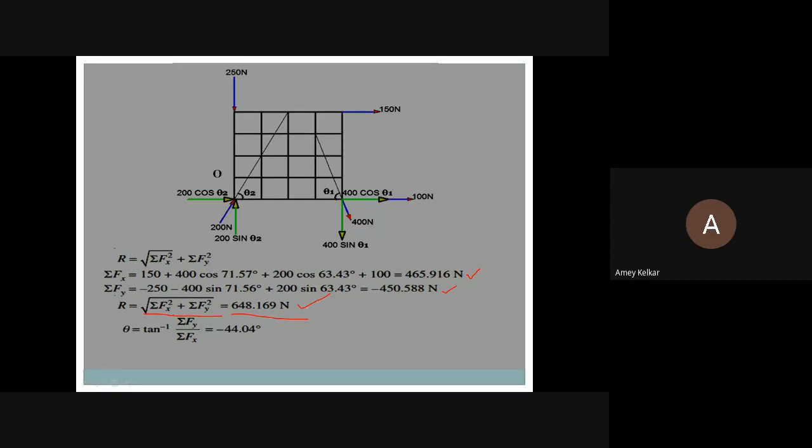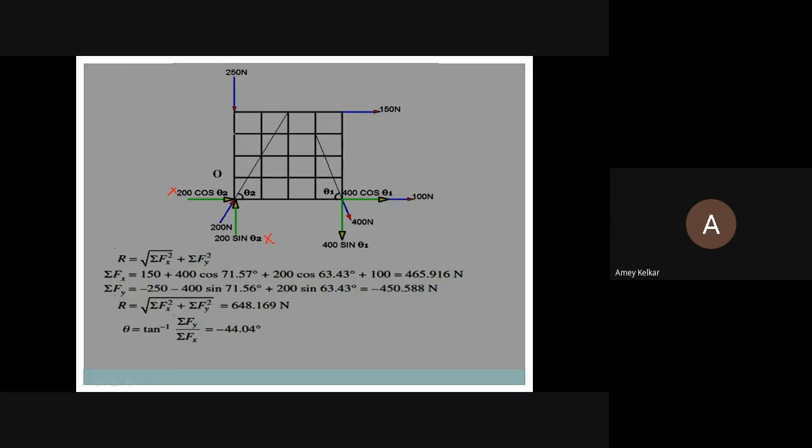Now next is the same task which we have been doing, that is, we have to find the moment about point O. So this is the point O. With this diagram, we have to conclude which forces will cause which type of moment and which forces will not cause any moment at O. As the 200 force passes through O, its components also pass through O. These both are discarded. Even if you write in the equation, it will be multiplied by 0, not to worry. This will not cause any moment.